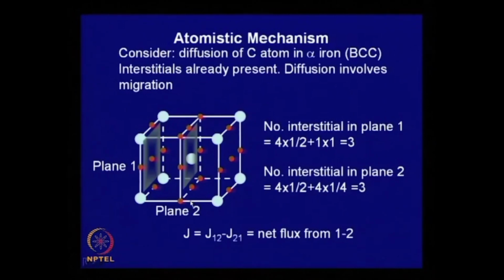So, that means not all the interstitial atoms on this plane have the ability to diffuse or move to the next plane. So, we have to calculate from the atomistic mechanism, if we have to estimate the magnitude of the diffusivity or jump frequency, we have to look at how many interstitial atoms are likely to move, or what is the probability that